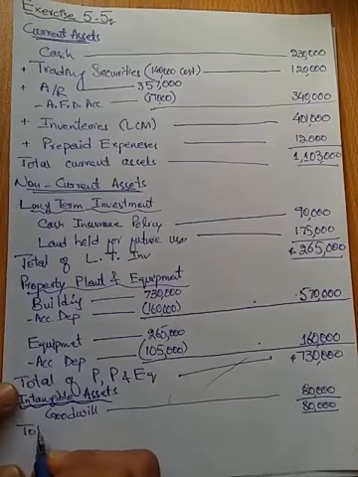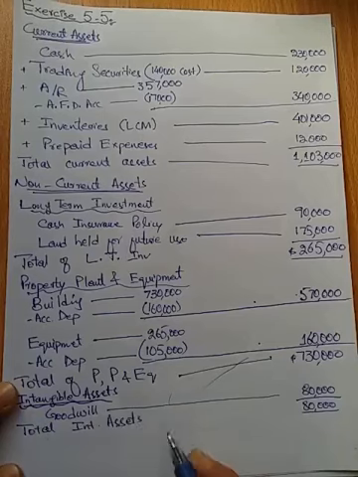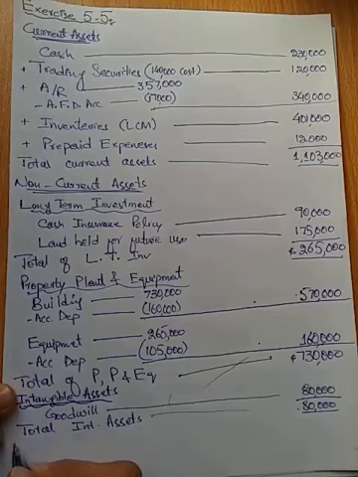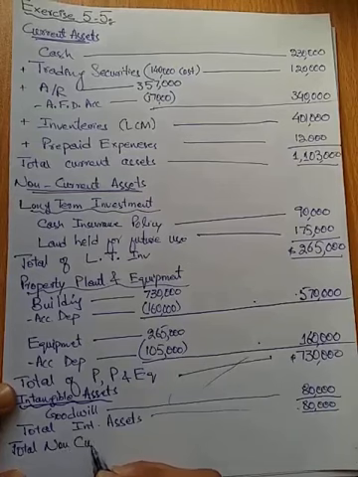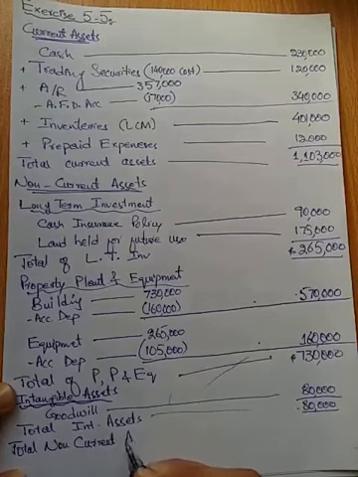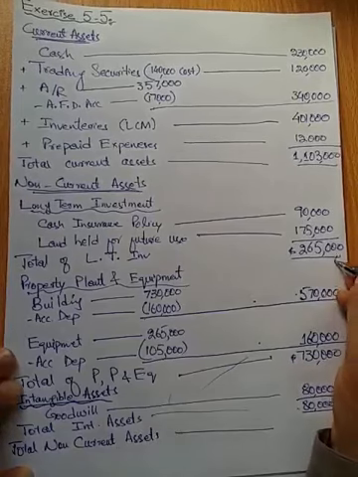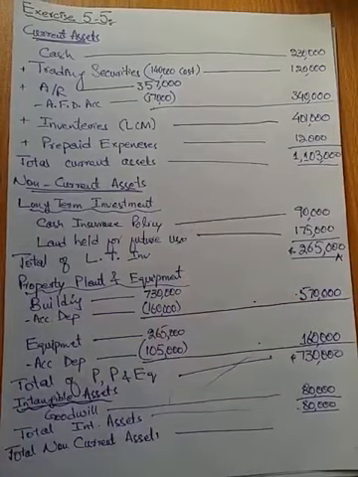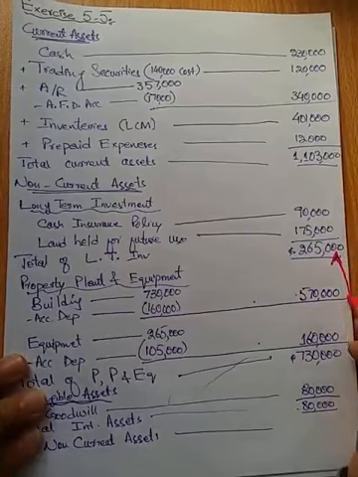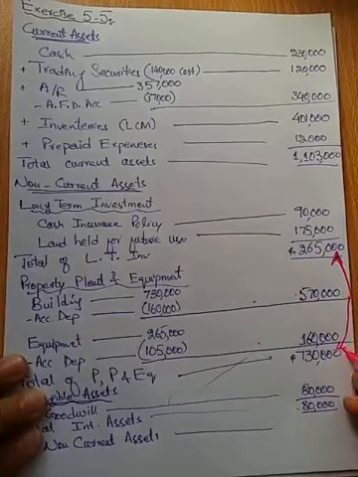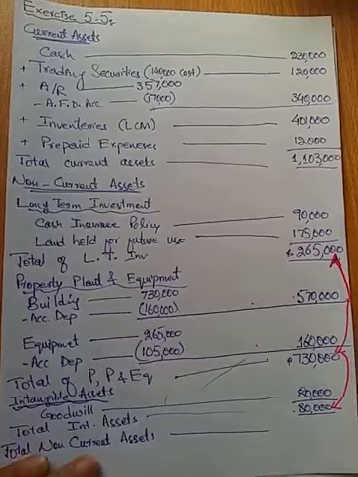Then I can find the subtotal of that goodwill also. So the total intangible assets will be equal to 80,000. Then I will calculate the total non-current assets, because all these headings that we had were the subheadings of the non-current assets. It will be the total of the property, plant and equipment, plus the total of the long-term investment, plus the total of the intangibles. So when you add all of them, it becomes around